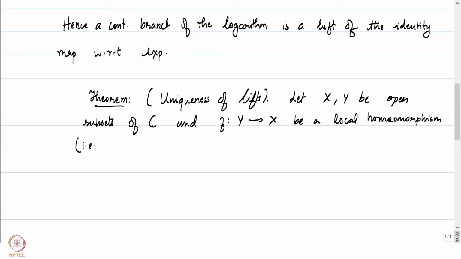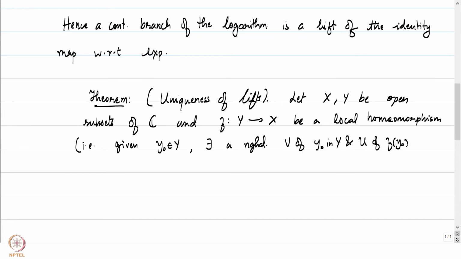Local homeomorphism means the following: given a point y0 in capital Y, there exists a neighborhood V of y0 and U of f(y0), so V is in capital Y and U of f(y0) in capital X,